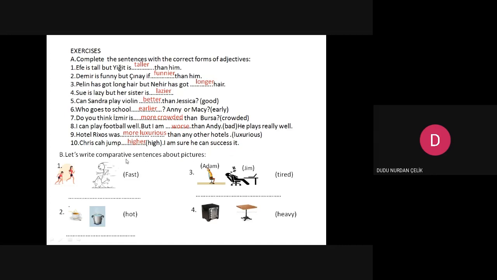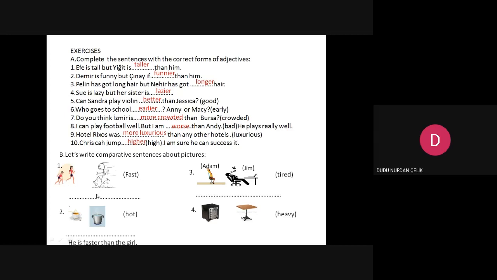Let's write some comparative sentences about pictures. We're comparing this girl with this boy. Okay, you make a sentence. Use the adjective fast, please. I'm waiting for your answer. Okay, let's see the answer.